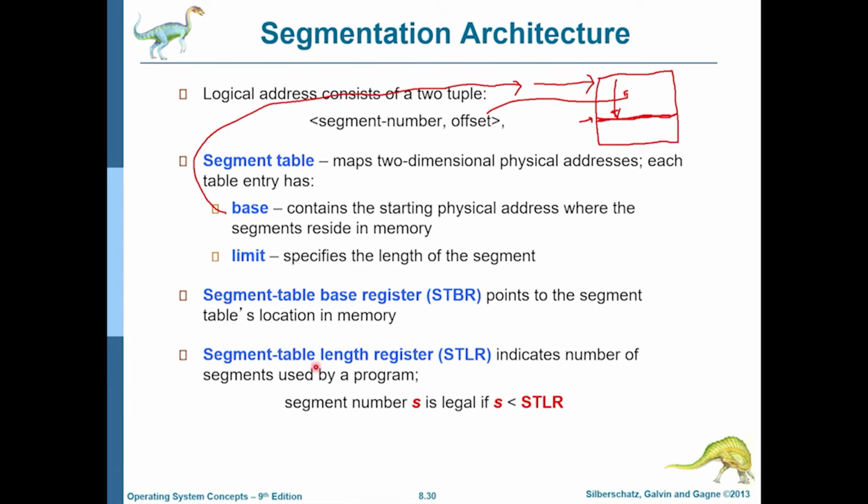There is also a segment table length register, STLR, which is basically used for protection purposes again. Now, I might say process number 2 can only use 3 segments, segment number 0, 1, and 2. So if it generates a logical address which is an address in segment number 5, then STLR might say no. The maximum number of segments that you are allowed is 3. So you cannot go to segment number 5 because that is outside your reach, and that can be used to generate traps, and it is for extra protection.